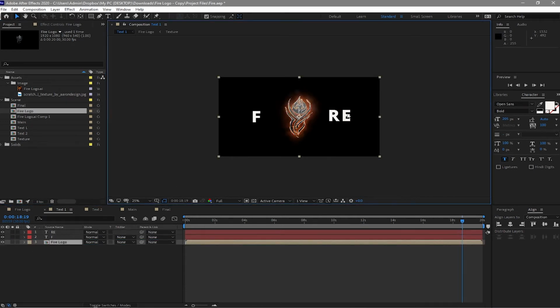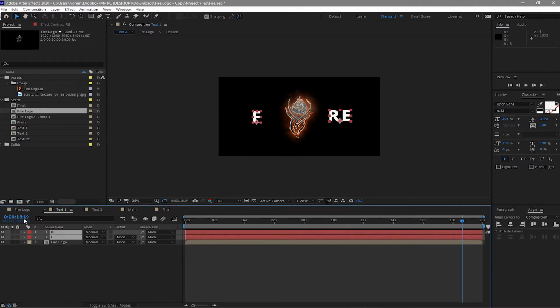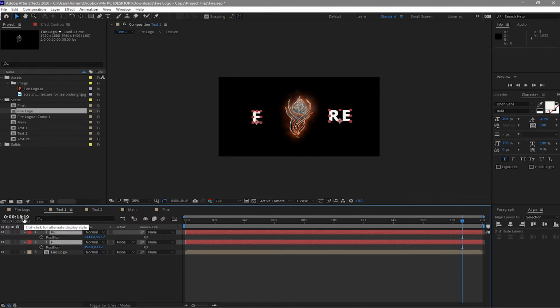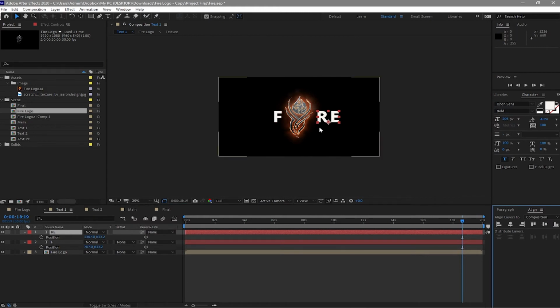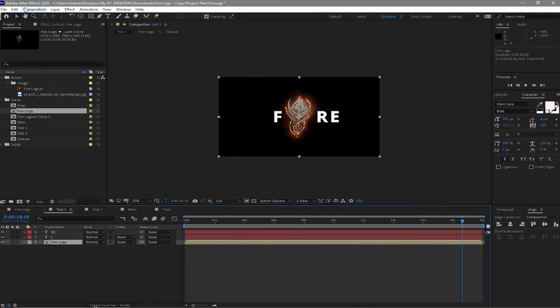We now have a guide, so all we have to do is highlight these two, press P on your keyboard to open position, and then adjust the letters closer to the logo, and then click this one and align it vertically. Both of these have to be vertically centered, so delete this one because we don't need it anymore,